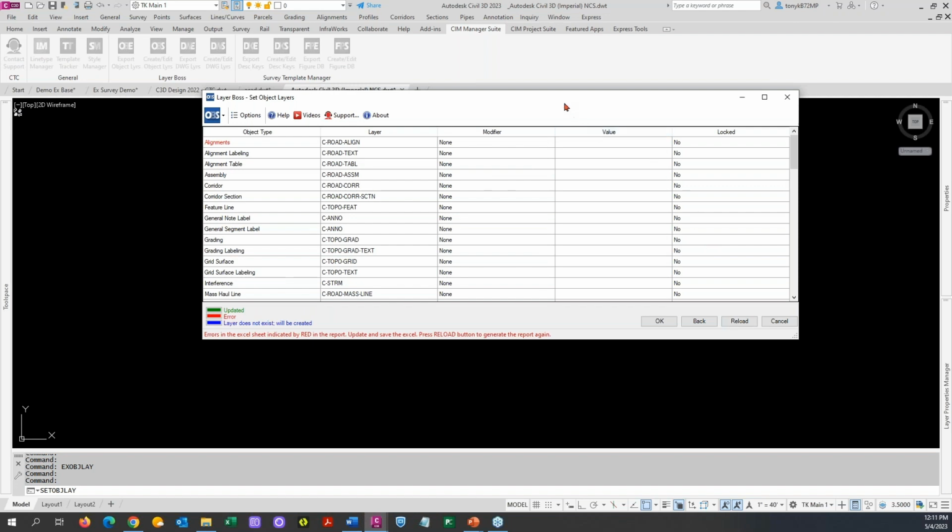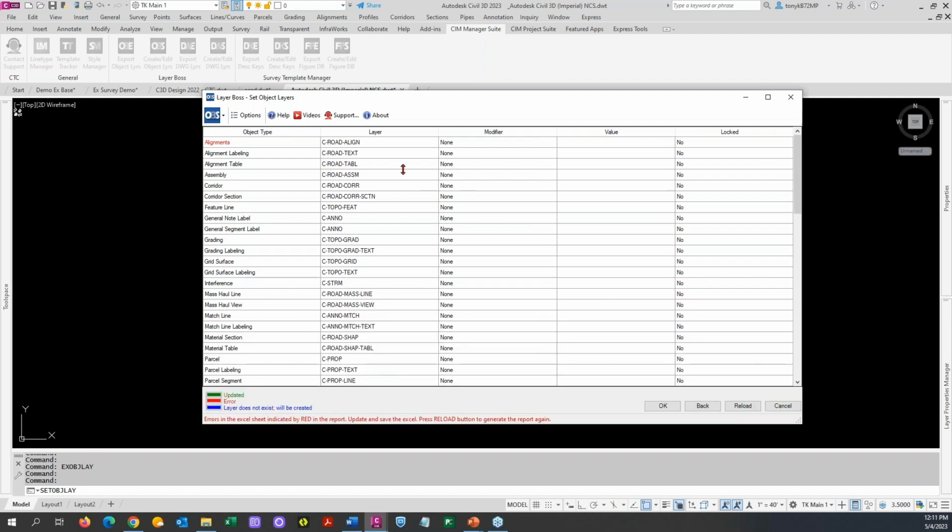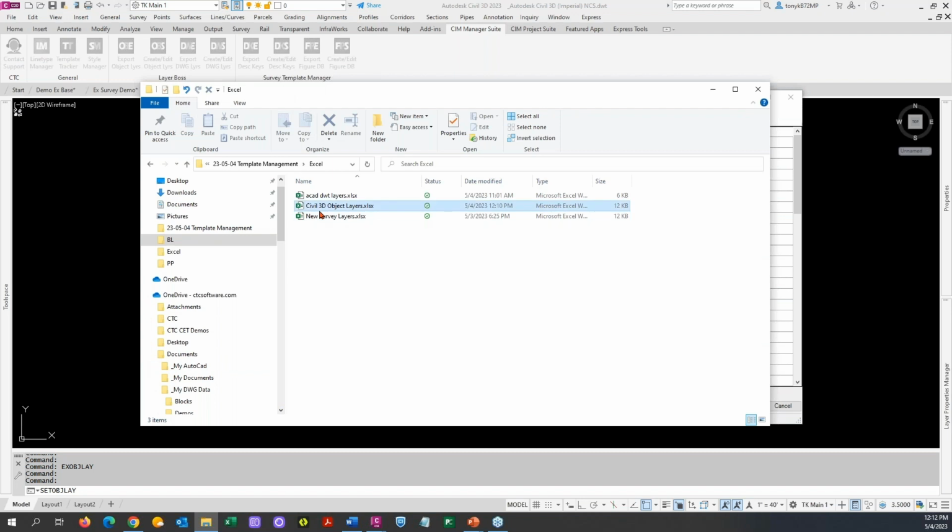So right away we open it up and we get this dialog box, this interface that tells us what's going to happen. Well, this one flags as red right away because we can't change that one. We get a warning right here, and we can't even load it at this point. But you can see our layer did change. So even if I say okay here, it's not going to let me do it. We get this warning that something is amiss. And we know what it is because it's red, and that's the only one as we scroll here that is out of place. So we just simply go back and reopen